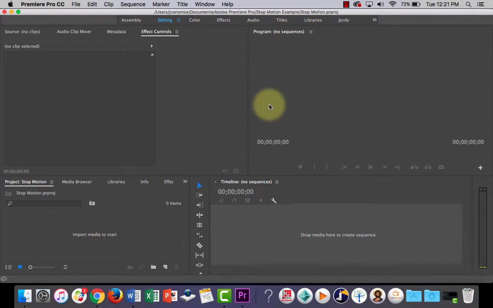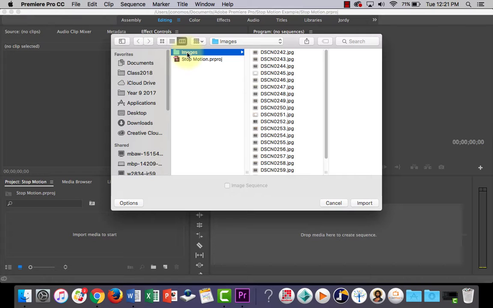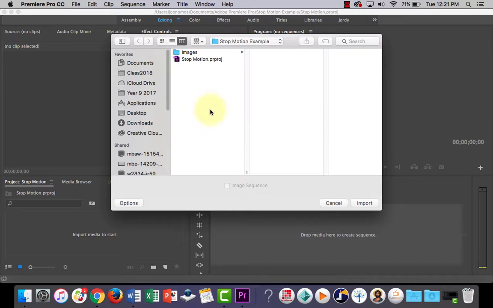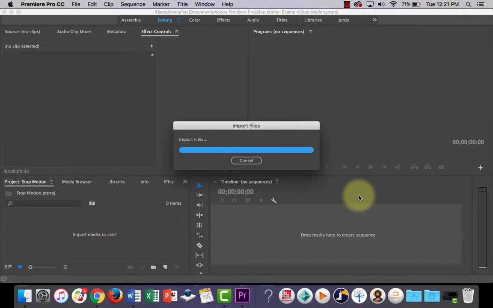Okay, so over here, this is where we can import our photographs. If I double click, it'll open your Finder, and you can find the location. Now, it's important that we import the folder and not the individual images, because this way it will sequence the photographs in the order that we want. So if we click import here, select the folder with all your photographs in it, and import,